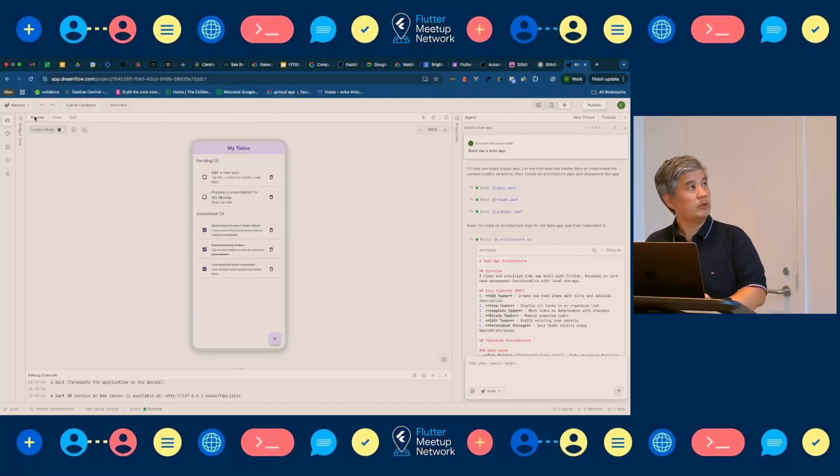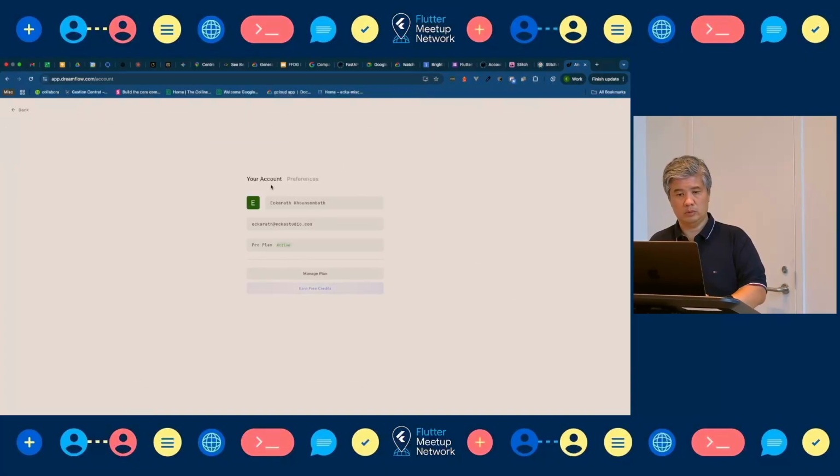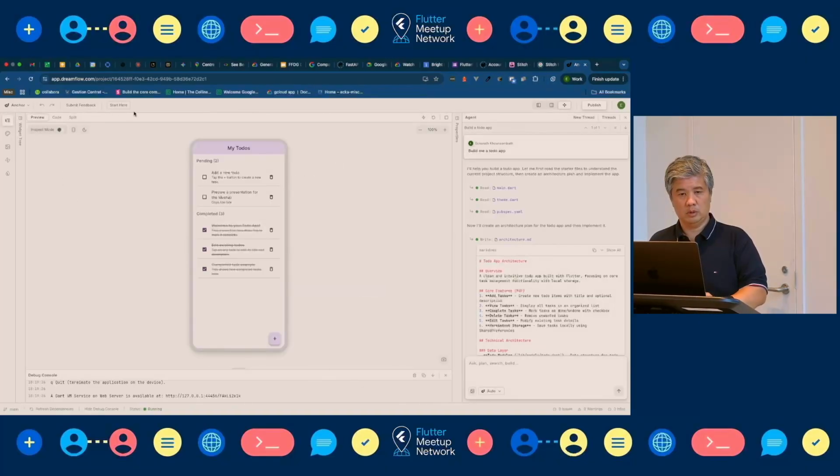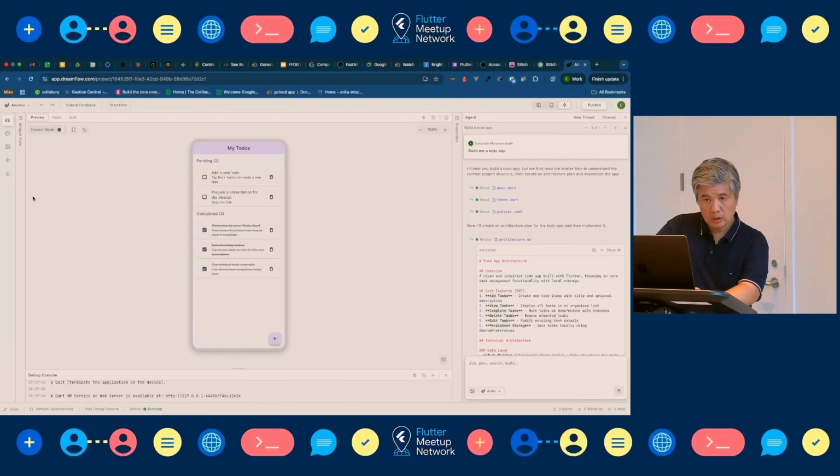But what I was saying, here you have the preview. Maybe I will switch to dark mode. Not this one. Where can I switch to dark mode? Display.